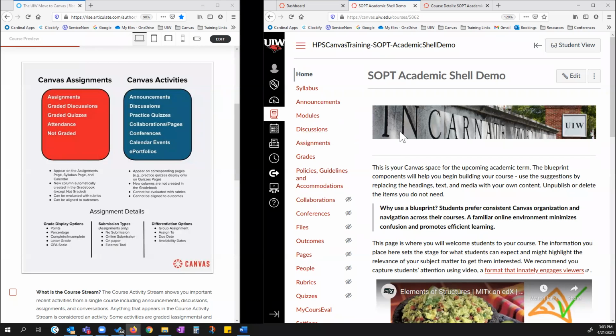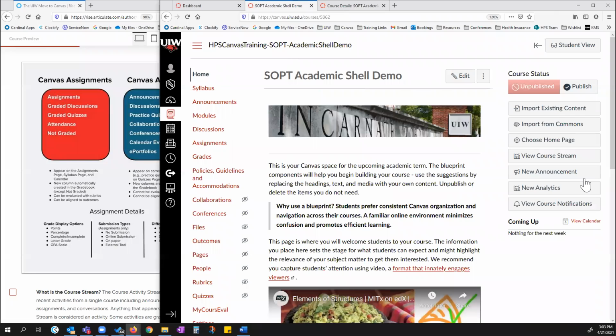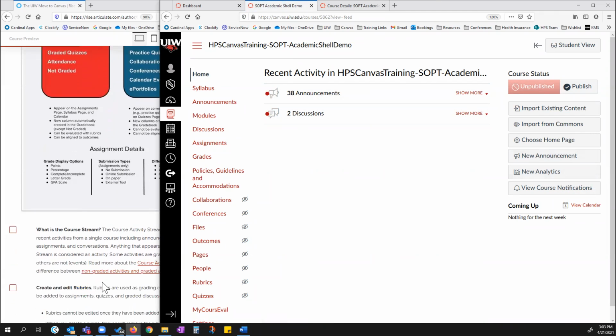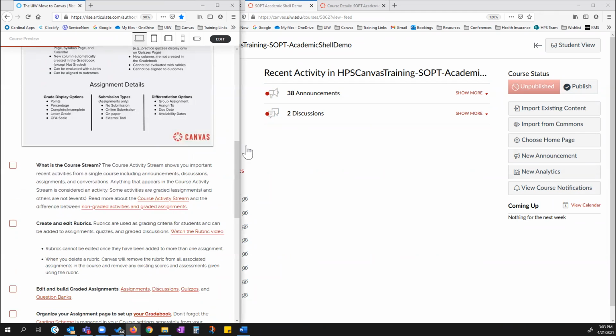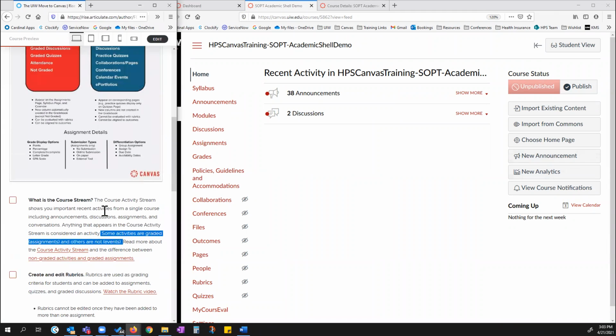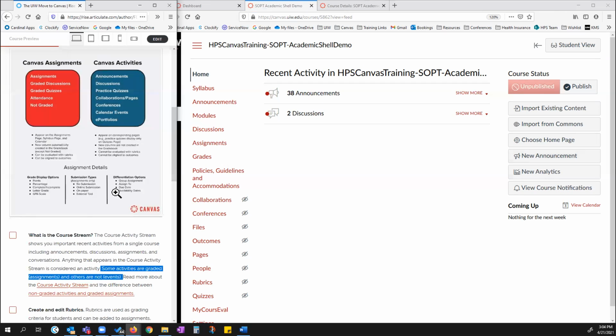So when you're in a course, and I'm going to actually make this a little larger so that we see our menu over here. There is what's called the course stream. If you click this button on the right-hand side, you will see the recent activity. And this actually includes events and assignments. So it's all, right? Some are graded and some are not. So just to let you know that the whole big picture is going to show up here for you and